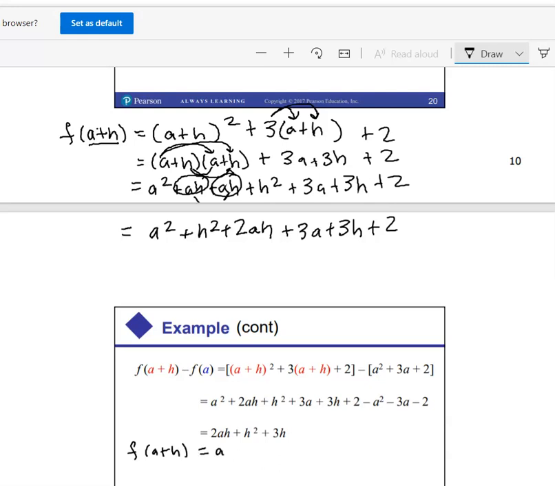It was a squared plus h squared plus 2ah plus 3a plus 3h plus 2. I just wrote it right here. They're wanting me to subtract off f of a. So I'm going to come under here and say minus